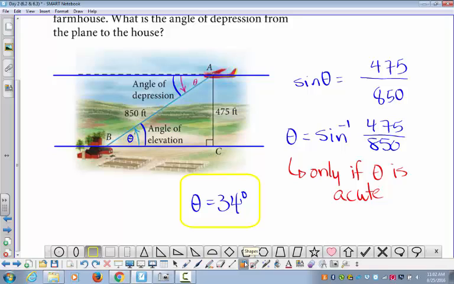Not too bad. You just solved a word problem. Yay. All right, so let's take a 10-minute break, and then we'll solve some more word problems. Since you did so well,